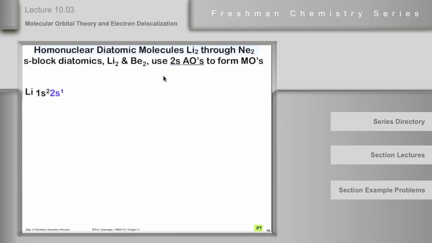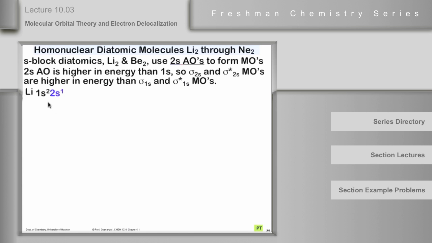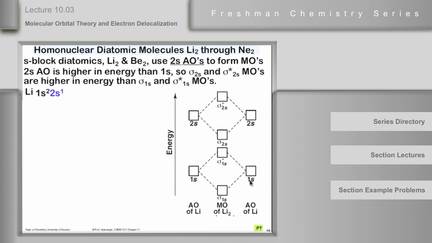Okay? First of all, here's lithium. Its electron configuration is 1s2, 2s1, and it has 1 valence electron. The 2s is higher in energy than the 1s, and therefore the sigma 2s and the sigma 2s star ought to be higher in energy than the sigma 1s and the sigma 1s star. Okay? So here's what the diagram looks like. Now, I want to point out to you, here is one of the lithiums on the left, and here's the other one on the right, and here's the